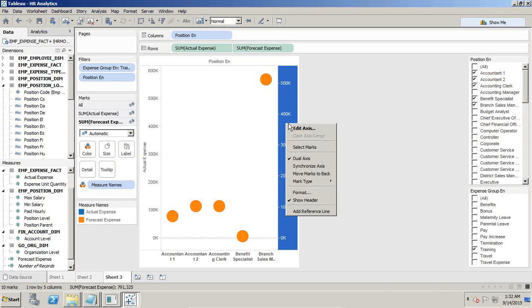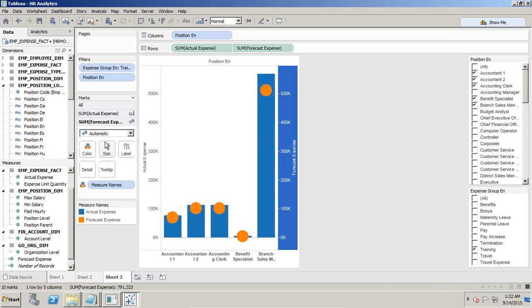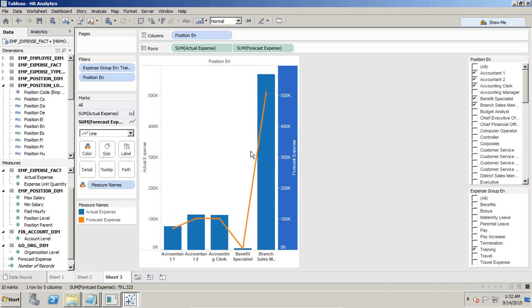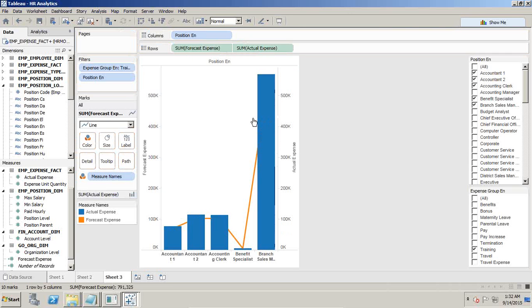My axes are not in sync, so I can right click and sync both axes. The default view is a shape, so I'll change the shape first. For my actual expenses, I'd like to display the bar chart, and for forecast expense I'd like to display the line chart. And you see they are overlapping. You can also change the order, and if you change the order, the line chart gets hidden behind the bar chart.